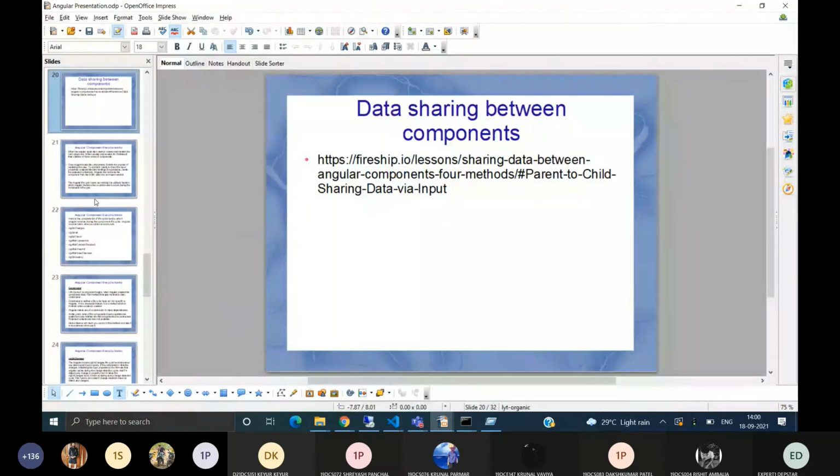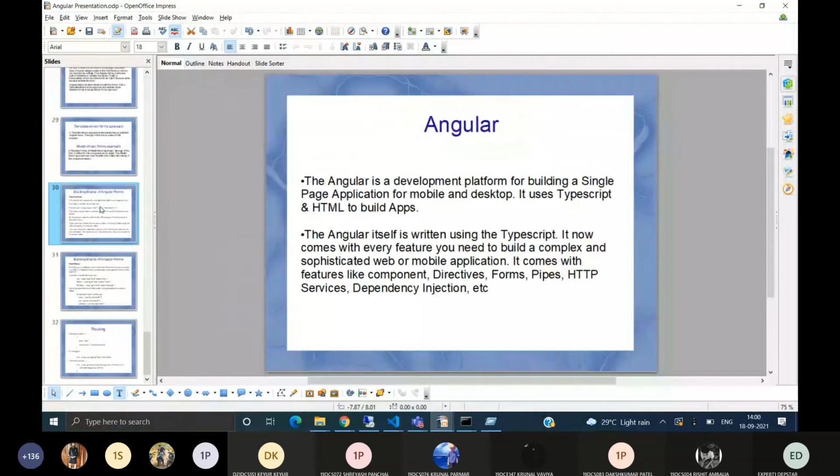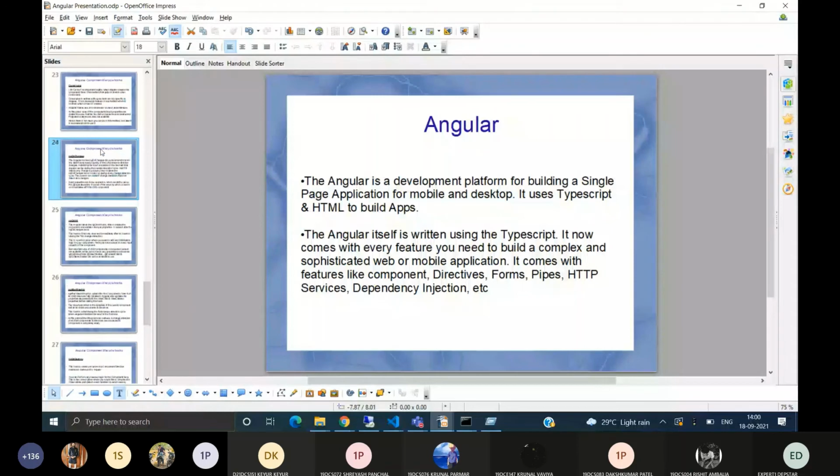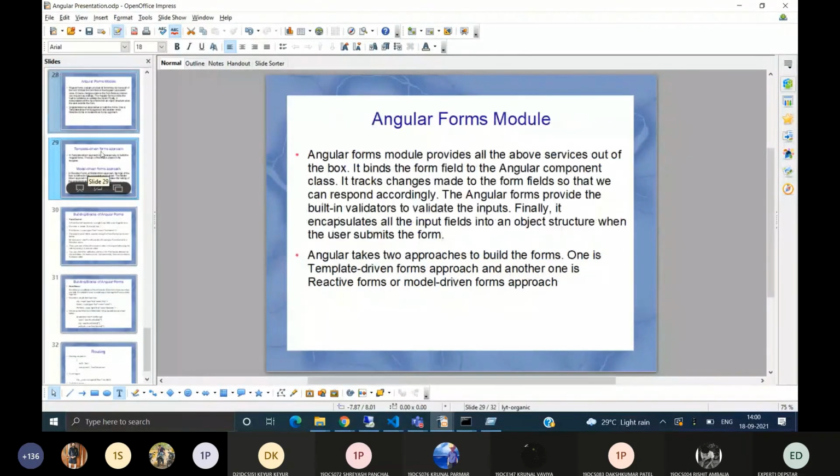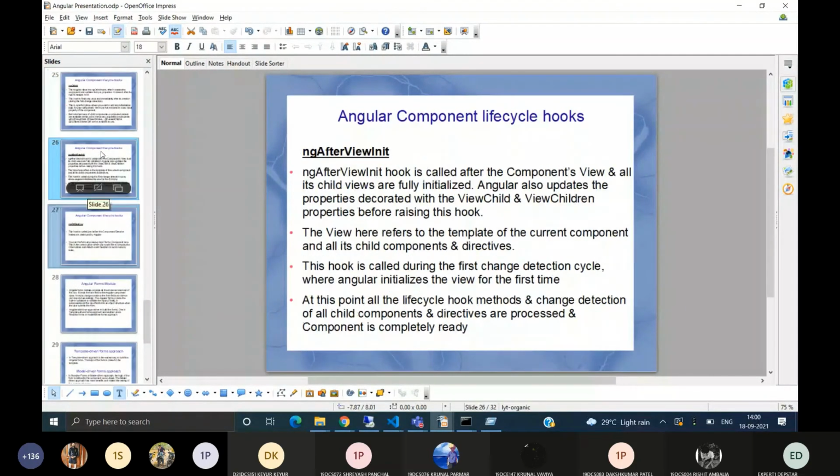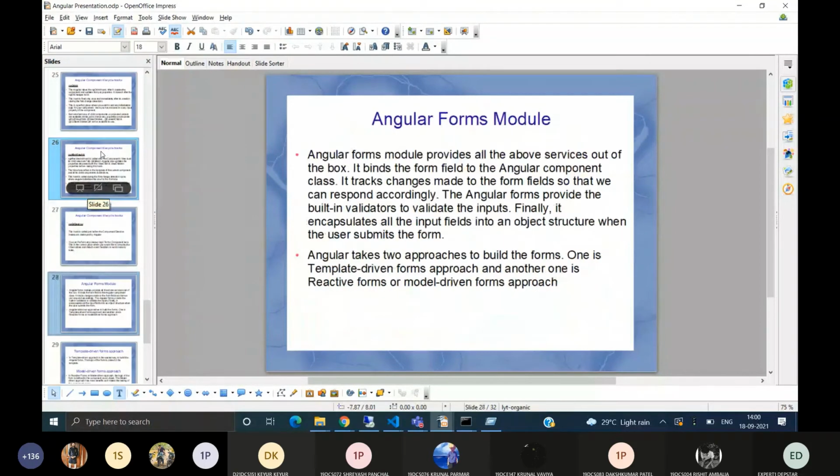Now, we've done Angular component lifecycle hooks. Now the Angular forms module. In any Angular application, we need user interaction, and we use forms for that.